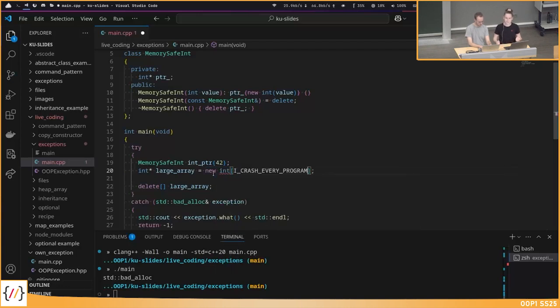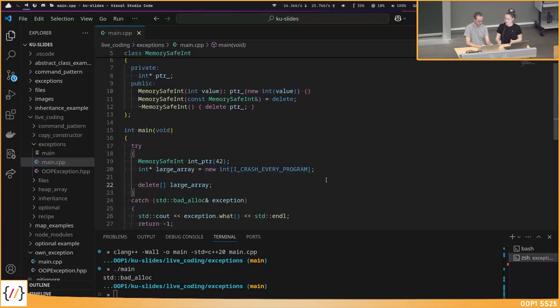So we don't need to delete it when we throw an exception because it gets deleted. And we also don't need to delete it if we do not have an exception because the destructor is called either way when it goes out of scope. So basically, we create this variable here, and no matter at which point we leave the try block, we always call the destructor before. So it really gets deleted all the time.